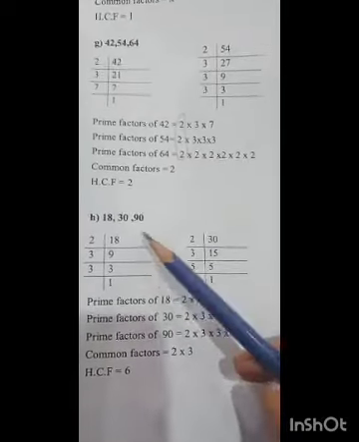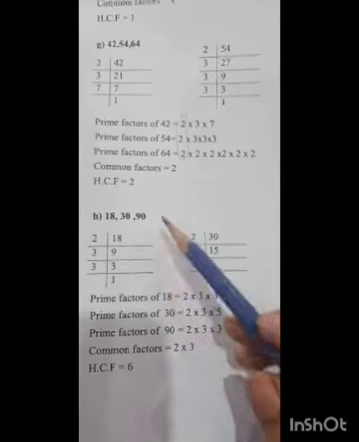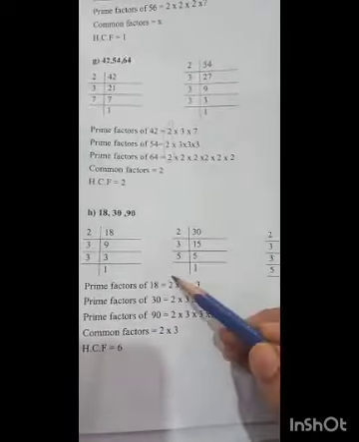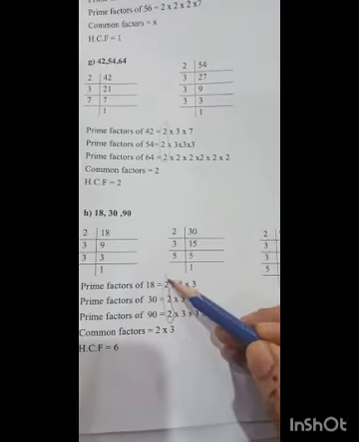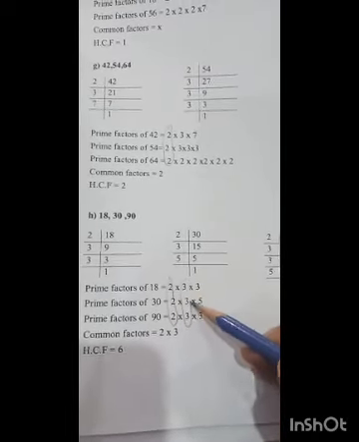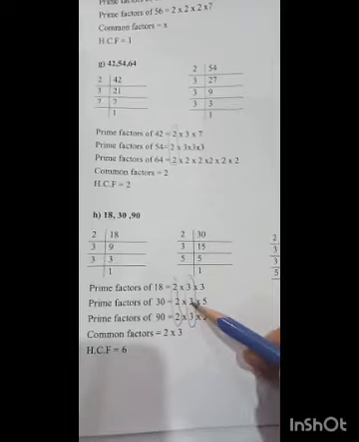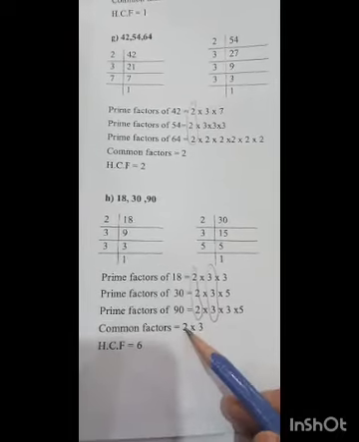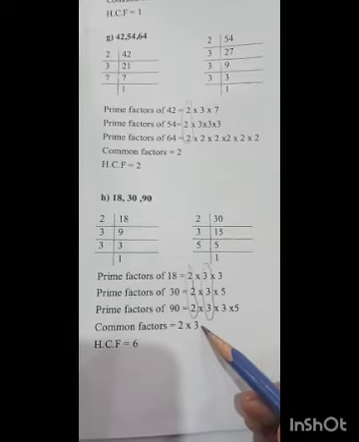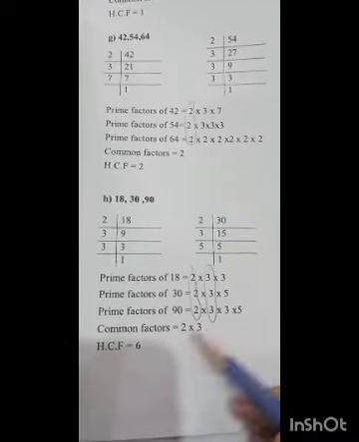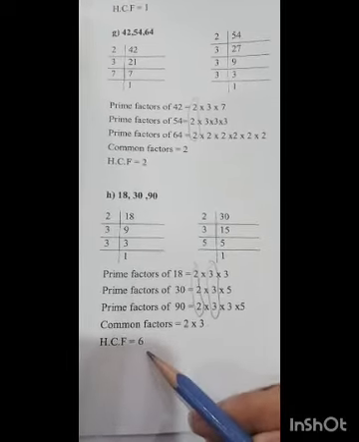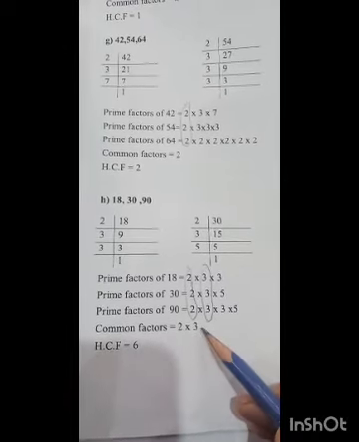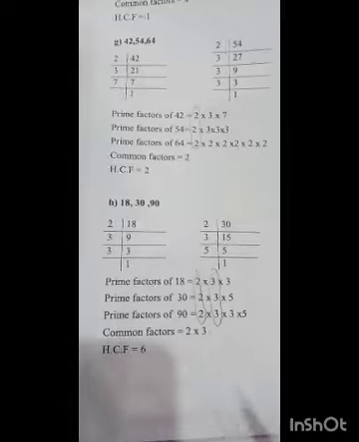Okay, if you have more than one common factor, like in this part, we got these prime factors. Now see, we have 2 as a common number and also 3. So 2 and 3, two common factors are there. Now which is the HCF, 2 or 3? We will multiply them. 2 3s are 6, so HCF is 6. So if we get more than one common factor, we will multiply those numbers to get the HCF.